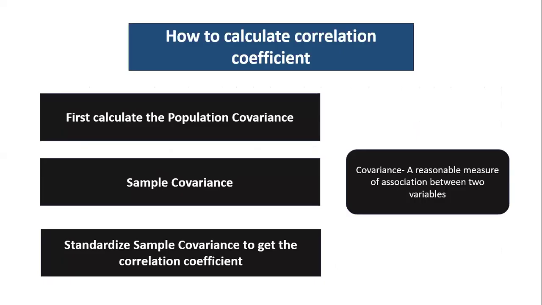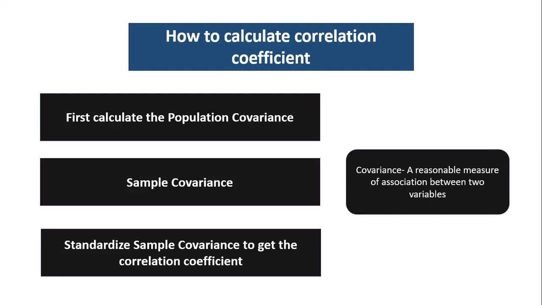So how to calculate the correlation coefficient? This is very important. Before we calculate the correlation coefficient, we need to calculate covariance. So what is covariance? Covariance is like correlation, a measure of association between two variables. We can say that covariance is the unstandardized form of correlation, or the unstandardized form of association between two variables,